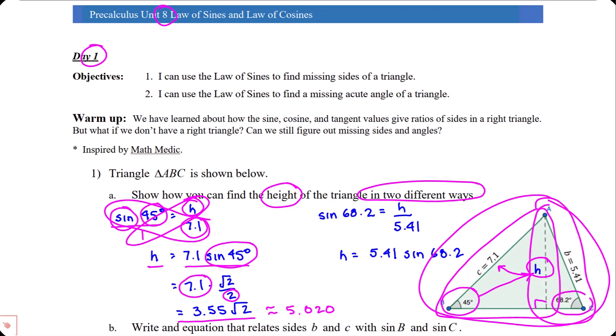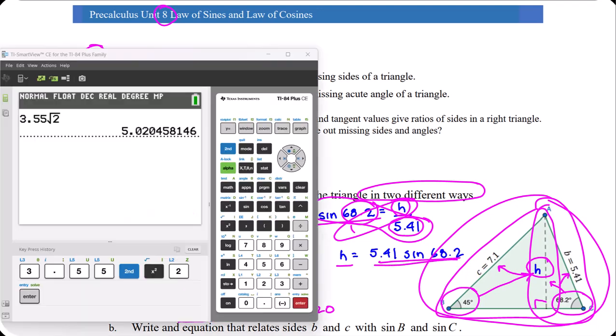and the angle that we know here is 68.2. We're still looking for the height, which is opposite that angle. But now we're given a hypotenuse that's different for this right triangle to the right. So here's the opposite of the 68.2, and there's the hypotenuse. h times 1 is h, and 5.41 times sine. Let's get a decimal approximation for that height, and that's 5.41